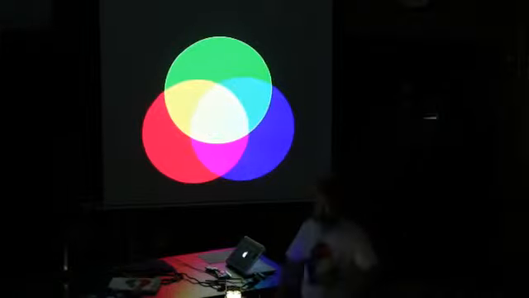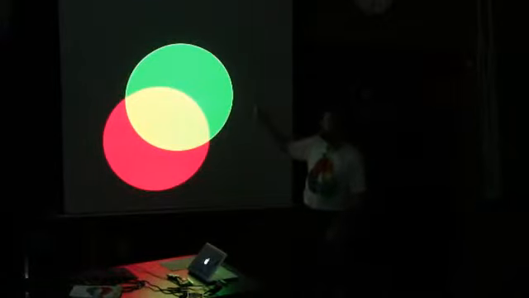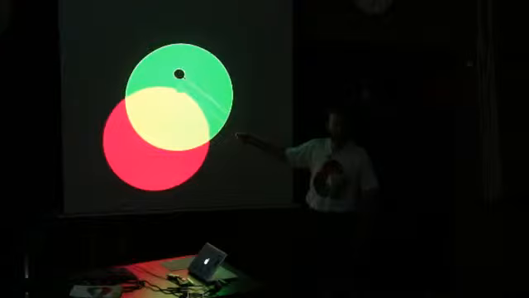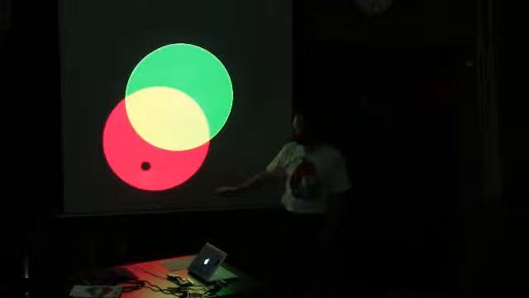Let's simplify here first. Red and green. If I block the green light, what do you expect to see there? Nothing. I'm blocking the green light, so it's black. No light's getting there to reflect off. Make sense? If I block the red light, black, because there's no light to reflect off. If I block the yellow,